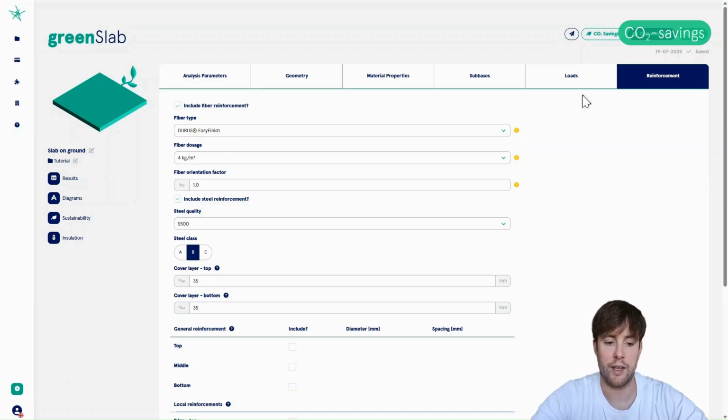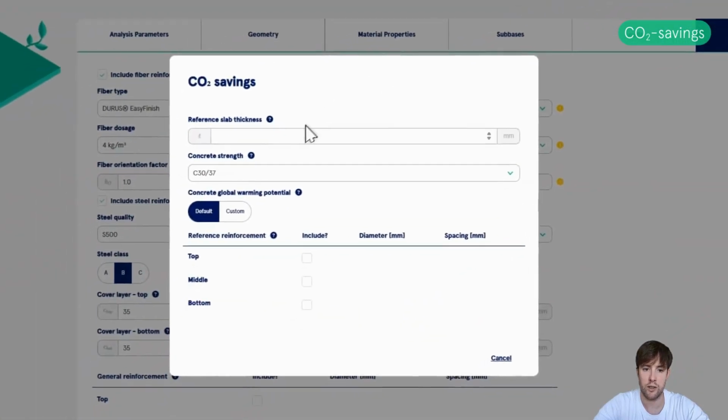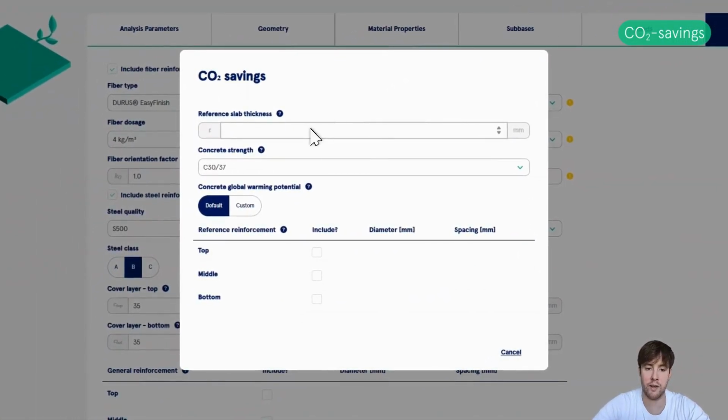If you had a design from a competitor or you had an original design and you want to be able to showcase how much CO2 you actually saved by using our green slab program and this optimized slab functionality, you can actually go ahead and type in the parameters of the original or the reference slab.